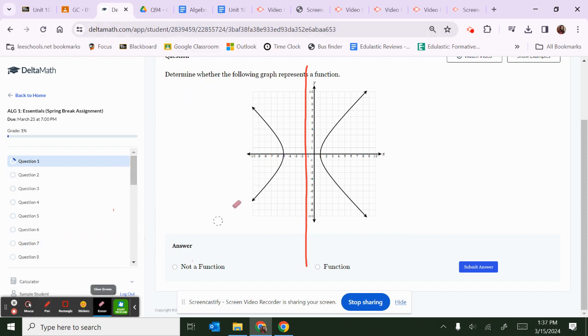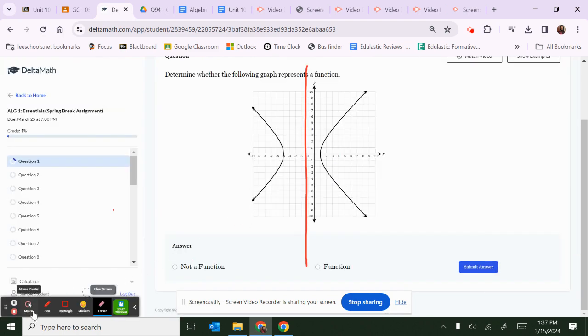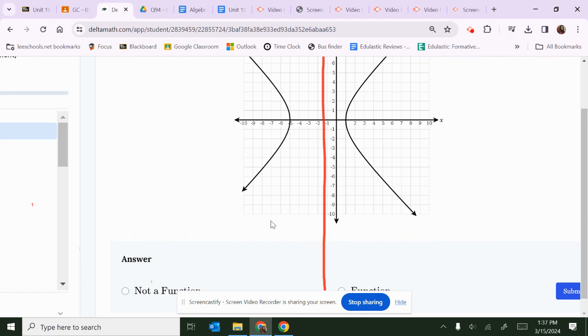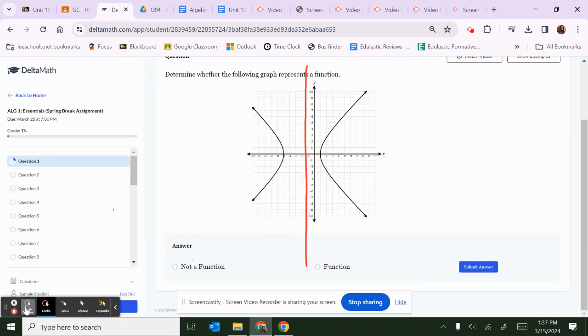So when I look at this, guys, and I zoom in, let's see if it hits my graph more than once. I zoom in, and let's draw another vertical line because this one we're not seeing that closely. If I draw another vertical line, oh, that one's not as good, so clear screen. If I draw another vertical line,